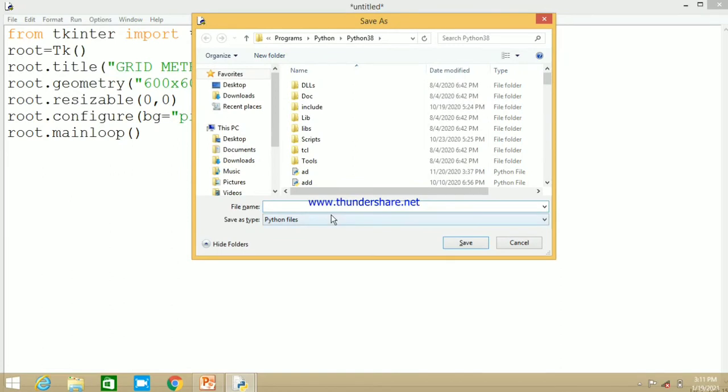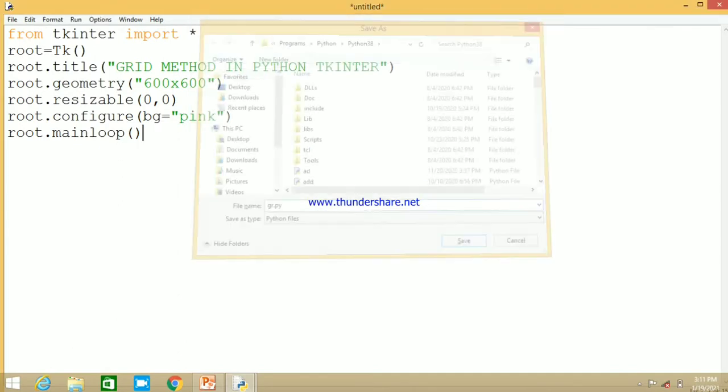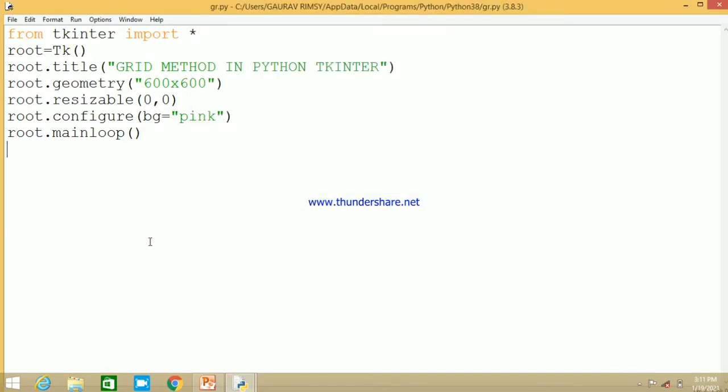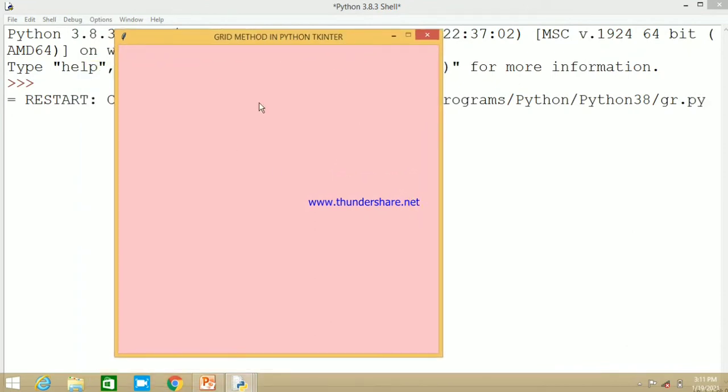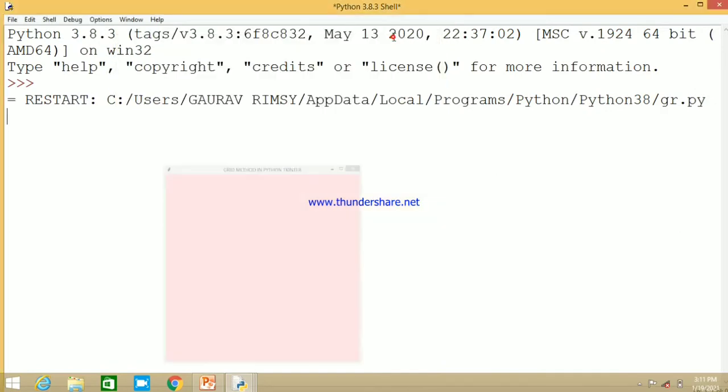Before running our program we need to save it, as it cannot run without saving. So we are running this program. You can see this is a basic Tkinter window having the background color pink, and the title of this window is grid method in Python Tkinter. So now